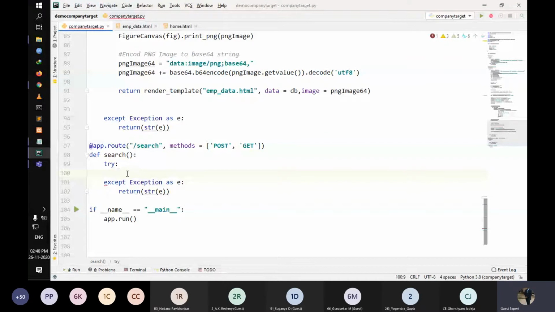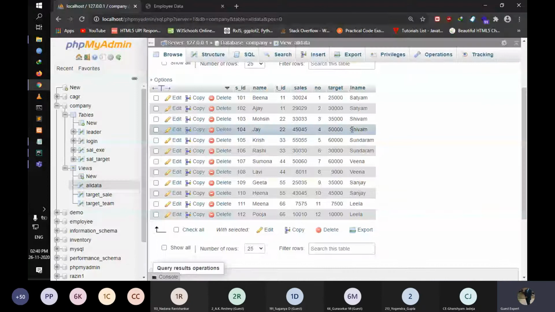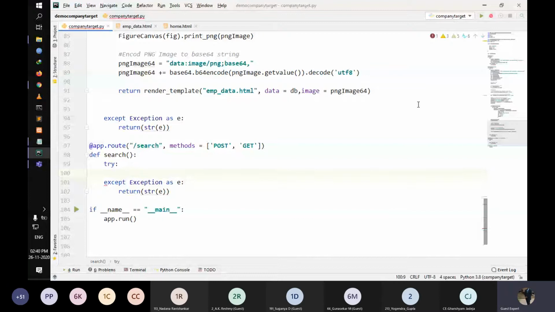What we need to do is fetch the table from here. This is the table we need this time, because we need to show teammates based on team leader. So we're going to use the table all data. Let's create a cursor.